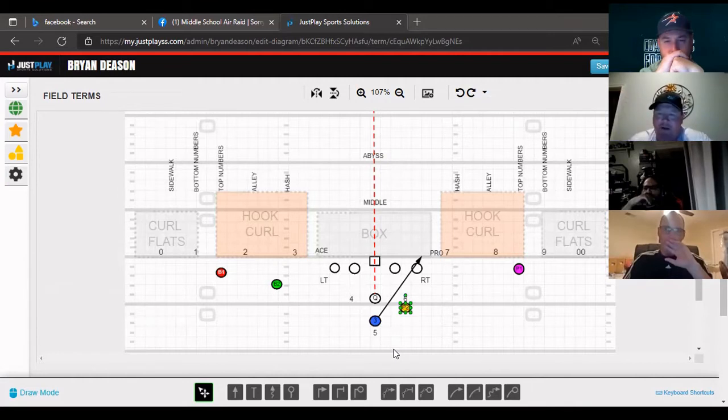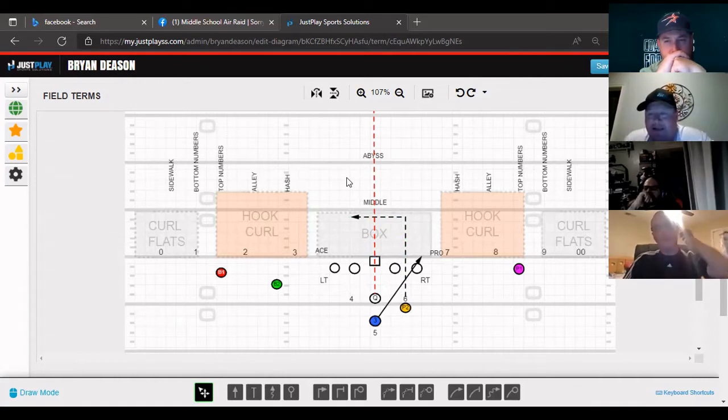Okay, so now the yellow here, right? He runs a what? A dig. Okay, so his dig looks like this, right? That's his dig. Okay, now power is a term, okay? But what does that mean? It means I'm going to go through the hole and I'm going to power out anything in the hole,